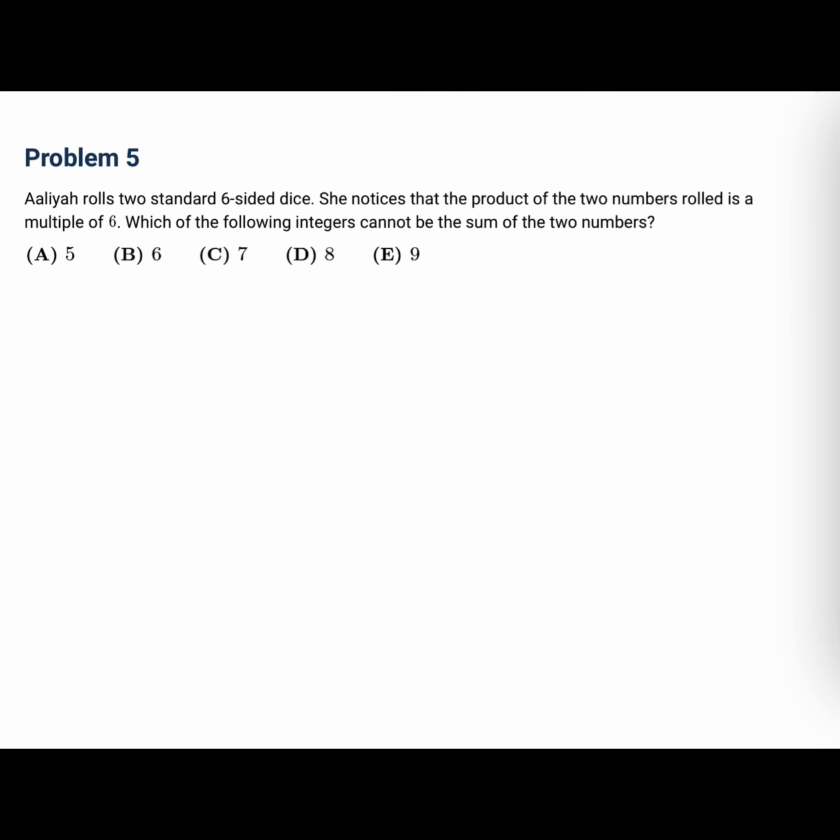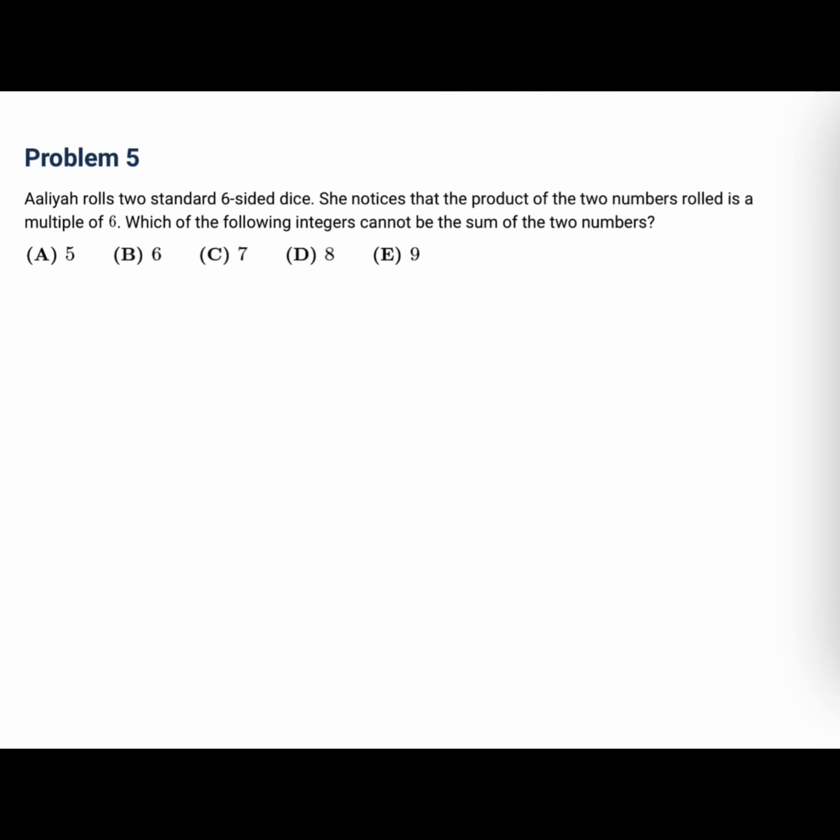Problem 5. Alia rolls 2 standard 6-sided dice. She notices that the product of the two numbers rolled is a multiple of 6. Which of the following integers cannot be the sum of the two numbers? So all we have to do is find which of the answer options whose addends cannot produce a multiple of